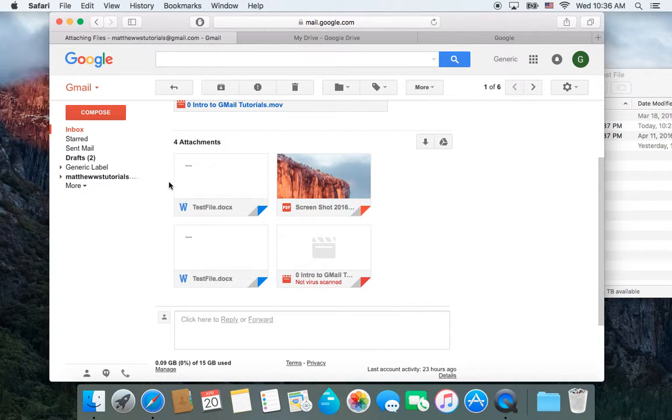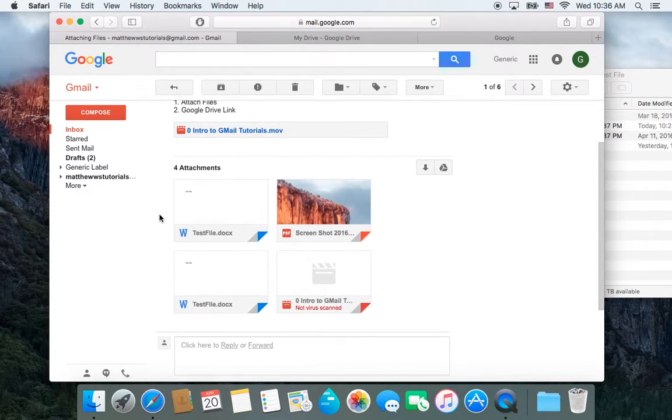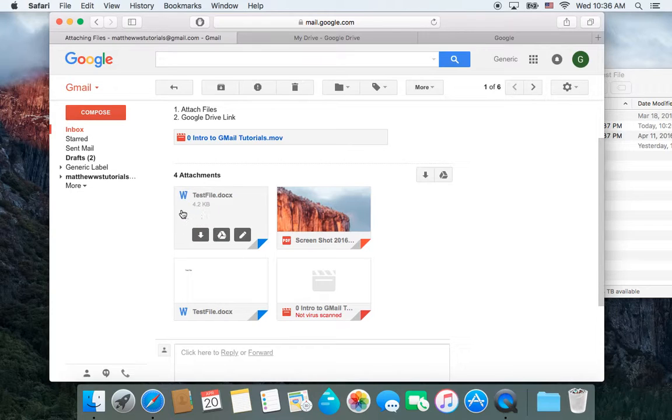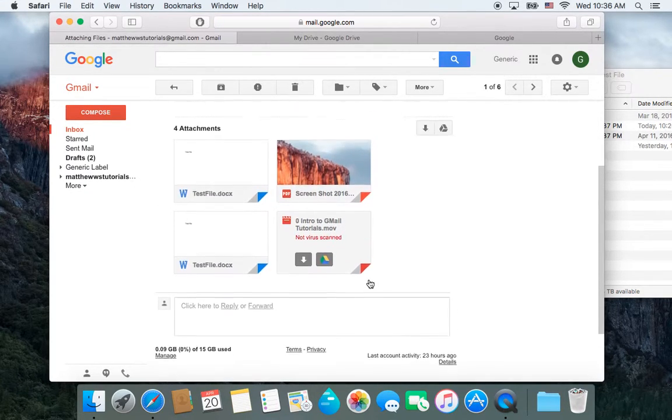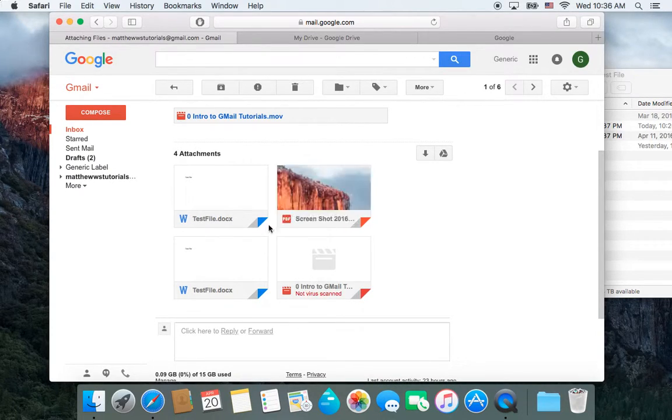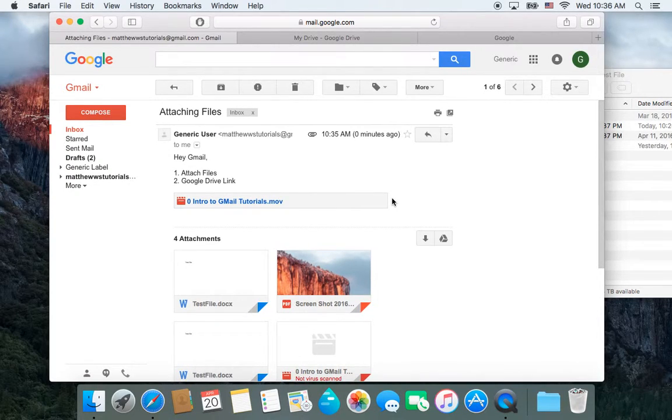So in Gmail, they'll show you previews like we saw in the last video with the attachments for images, but in other emails, it may not show you this preview. It might just be the name of the file, and you have to click it to download. But within Gmail, they show you a preview. Other email clients may not have that. So that, in a nutshell, is how to attach files within an email in Gmail, and using the Google